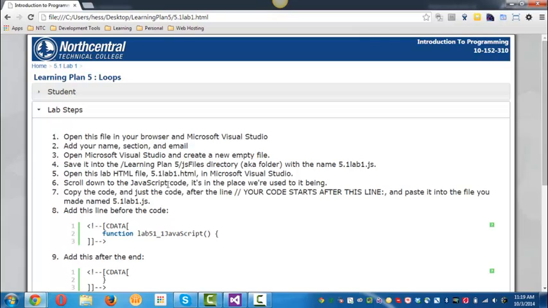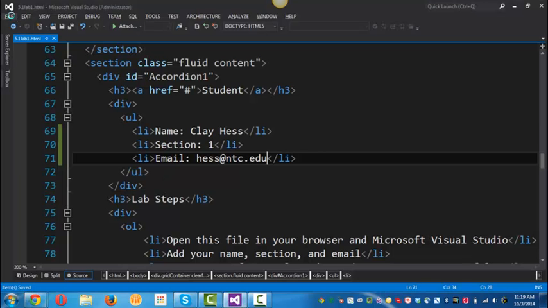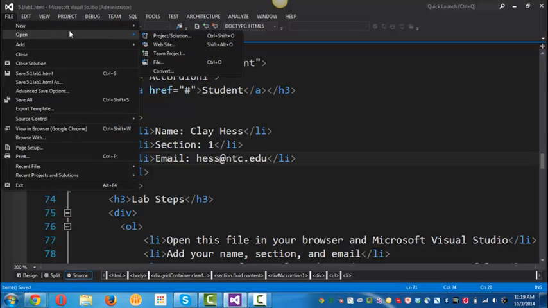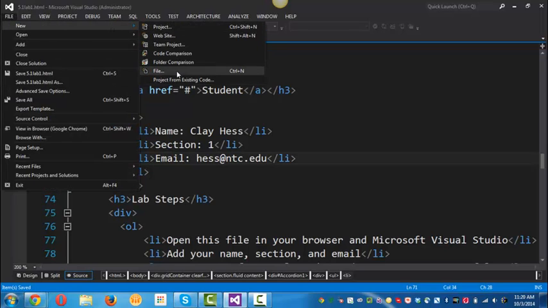Okay. And then in Visual Studio, or in whatever editor you're using, we need to create a new empty file. What we're going to be doing is creating a JavaScript file. So I'm going to go up to File, and then New, File,